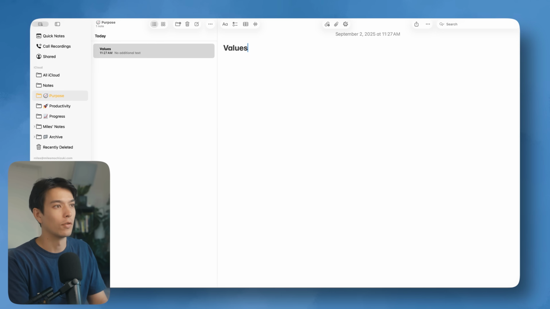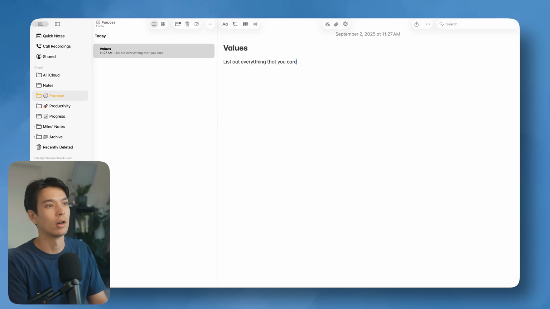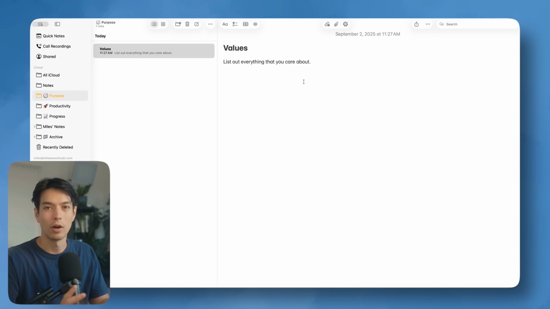One is your values, and this is where you can basically list out everything that you care about. When people hear about values or ask, what do you value? It can sound kind of intimidating or abstract, but literally it's just what you actually care about in life, what really matters to you. This can be big picture things like family or freedom, but it can be little things like just being able to spend some time in nature on a regular basis, or being able to live in a certain location or do a certain thing in the morning, or some kind of hobbies or anything that you care about,